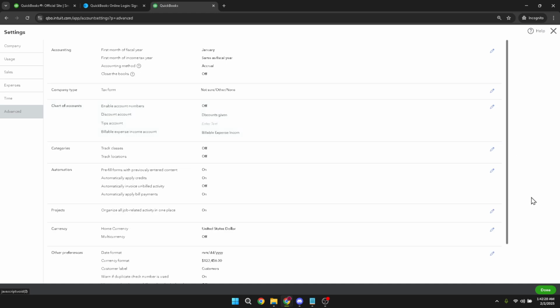And that's it, folks. With these steps, you've successfully set up projects in QuickBooks Online, specifically tailored for your service business. You're now ready to start tracking your projects, monitoring your expenses, and reviewing profit margins, all within QuickBooks. This setup will make managing your business finances a lot more streamlined and help you stay organized.